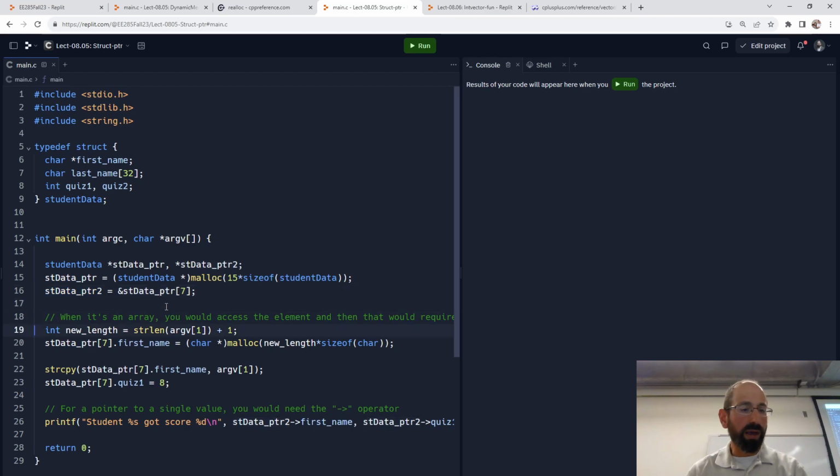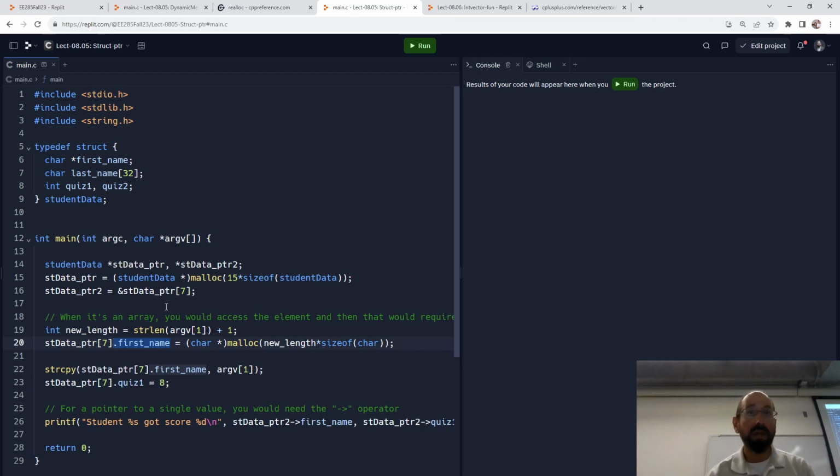We can do it in one of two mechanisms. In this case, given that pointer to the array of students, give me the 7th one. I've now used the array syntax. What returns from that is a single struct. So struct pointer of 7 gives me a single structure. I can use the dot syntax for that. I'm not passing a pointer. I've used the array syntax. I'm getting a single student data structure, dot first name. But dot first name is a pointer